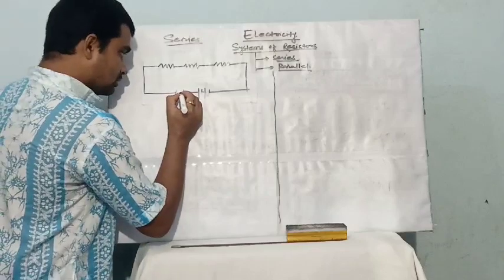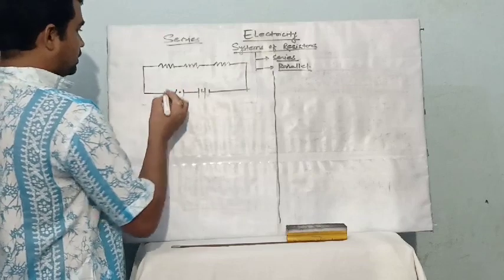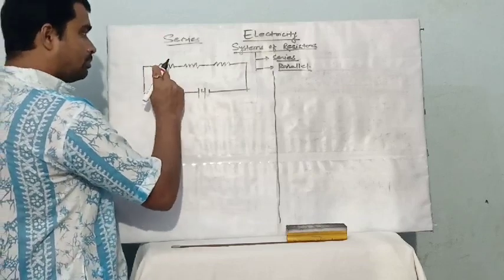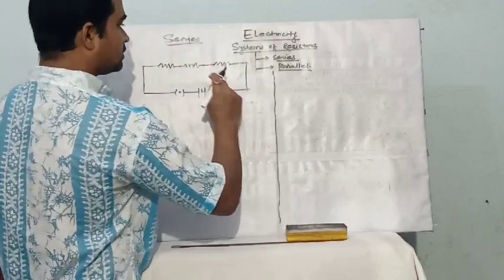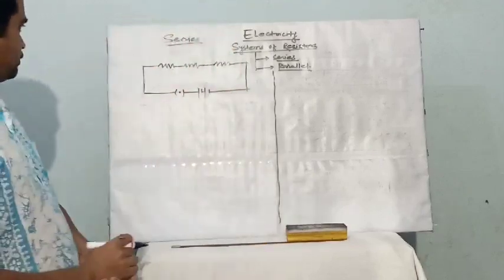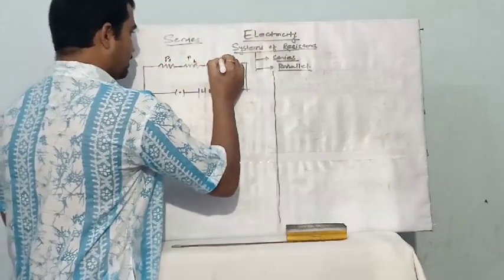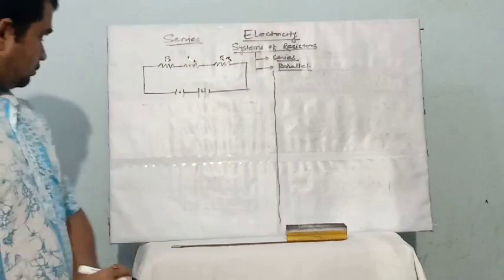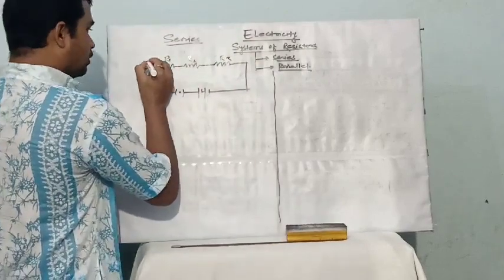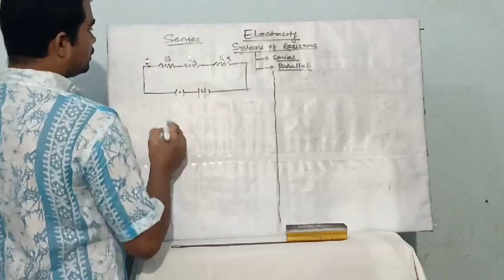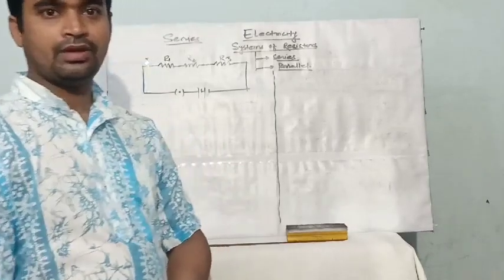So as soon as the circuit is closed, the key will be closed. In that situation, if I amount of current is passing through this resistor, then the same amount of current will pass through this resistor and this resistor also. Suppose that these are R1, R2 and R3. So the first property of the series combination is that the amount of current passing through each resistor in series is equal.